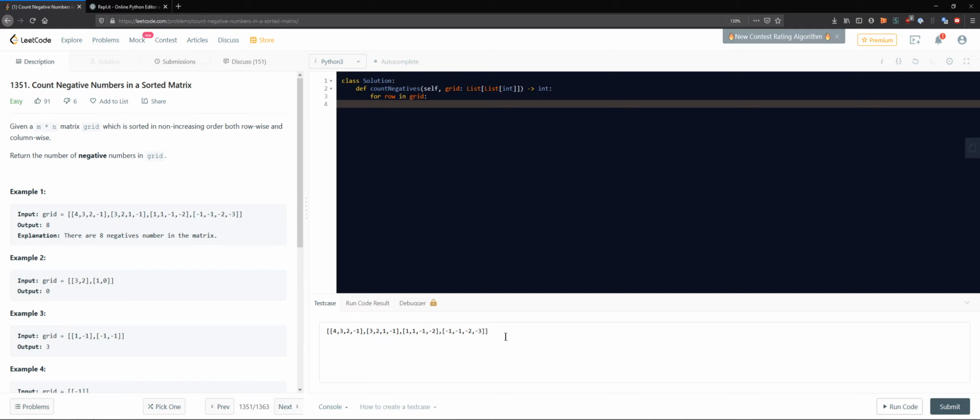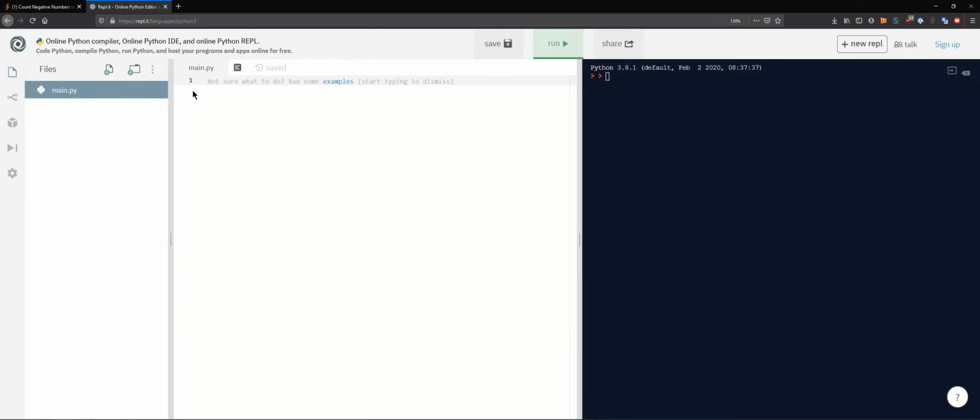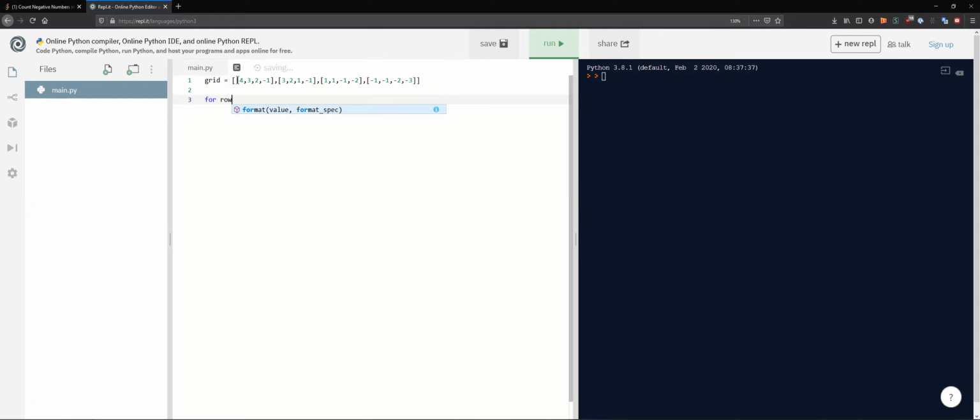Let's see our input. Right, grid would be this. Whoops, would be this, and let's say for a row in grid, print row. I'm just doing this to see how the program would actually be seeing these things. The way it's seeing them is exactly how I imagined. So this would be the row. And now we are already looking at each row, right? So why not